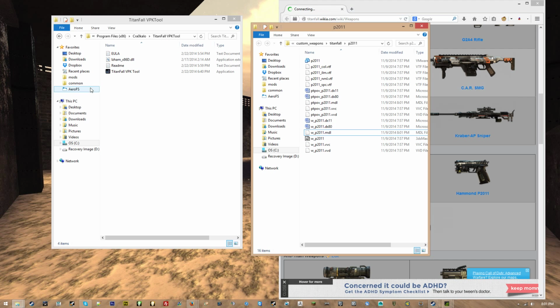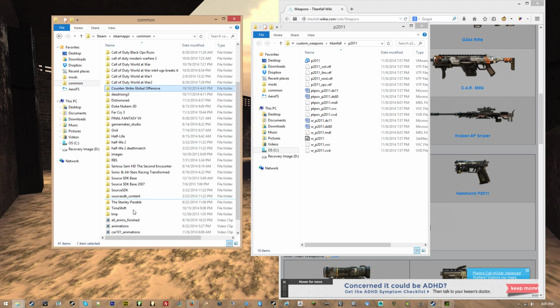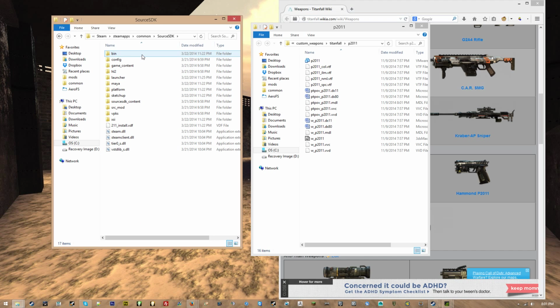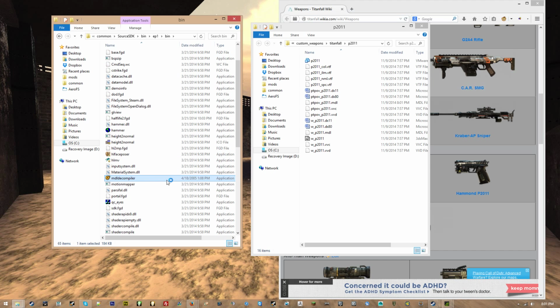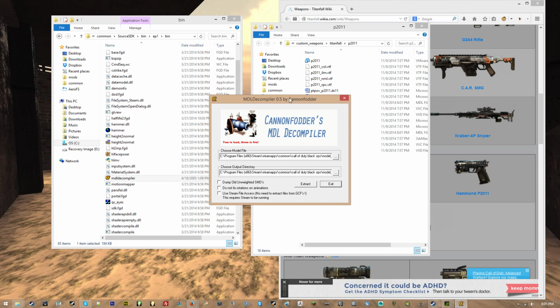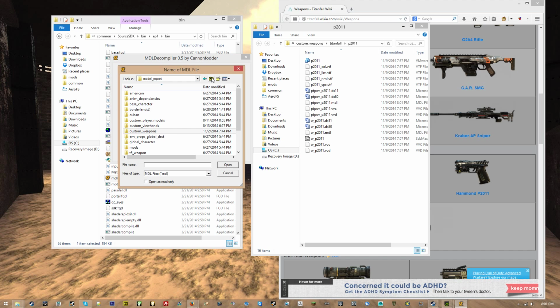So now we'll go ahead and go to Cannon Fodder's MDL decompiler. And open it. So from here you're going to want to select the model, or the MDL file,